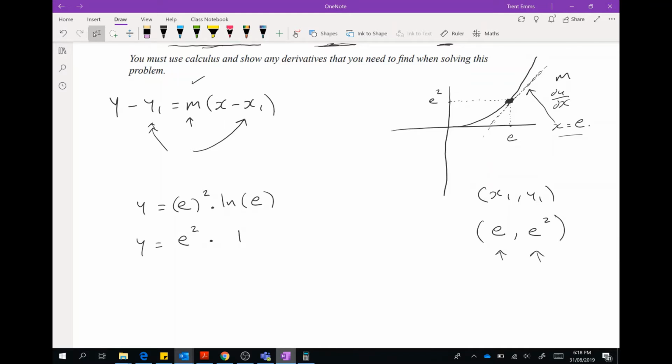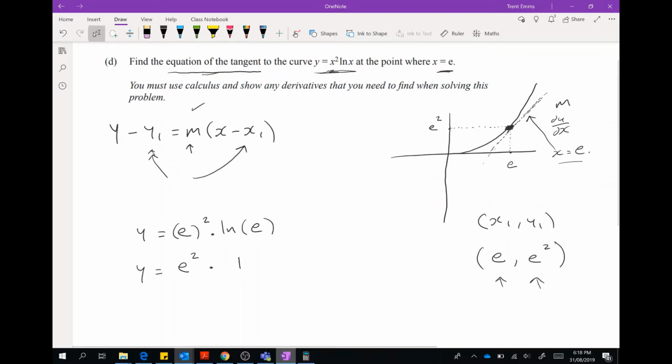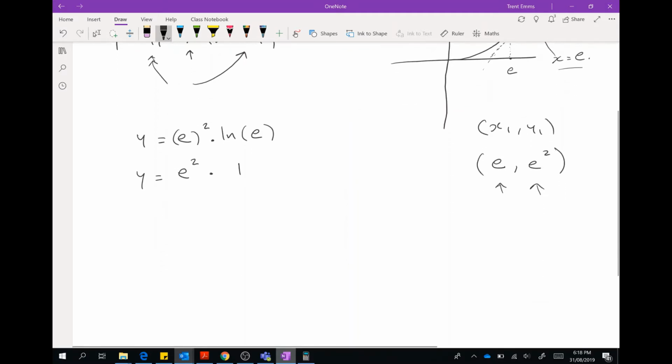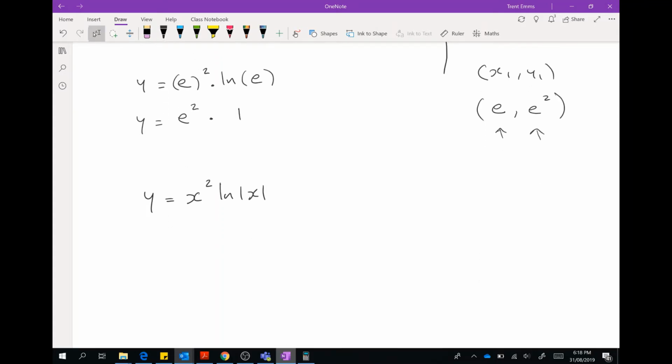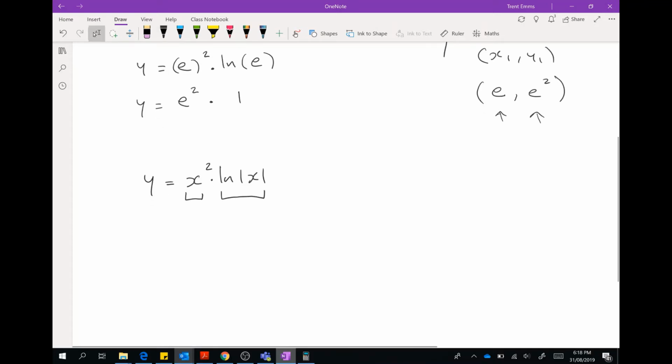So the last thing we need to do now, as we've got x1 and y1, is get m, the gradient. So I'm going to start by trying to differentiate this. I'm going to rewrite it down here. Y equals x squared times the natural log of x. Again, there's nothing tricky about differentiating x squared or natural log of x, but the trap is that it is two functions, x squared and natural log of x, multiplied together, so it is a product rule. I'm going to call this f being a function of x and g being a different function of x. The product rule states that if you have y being a function of x times a different function of x, that the